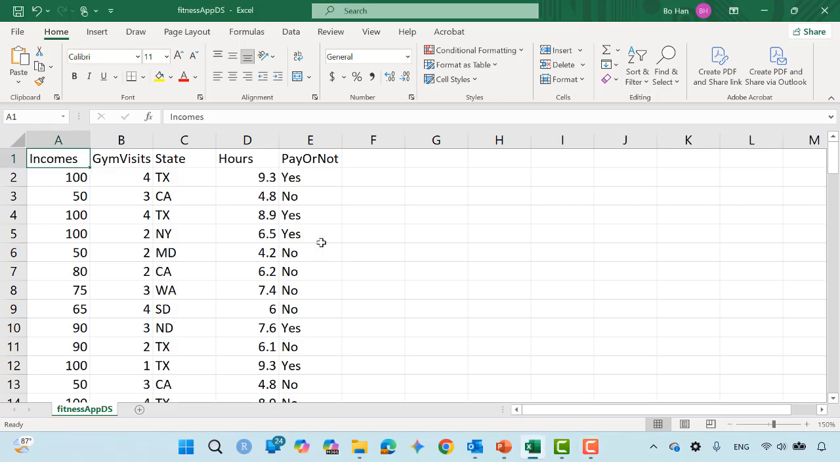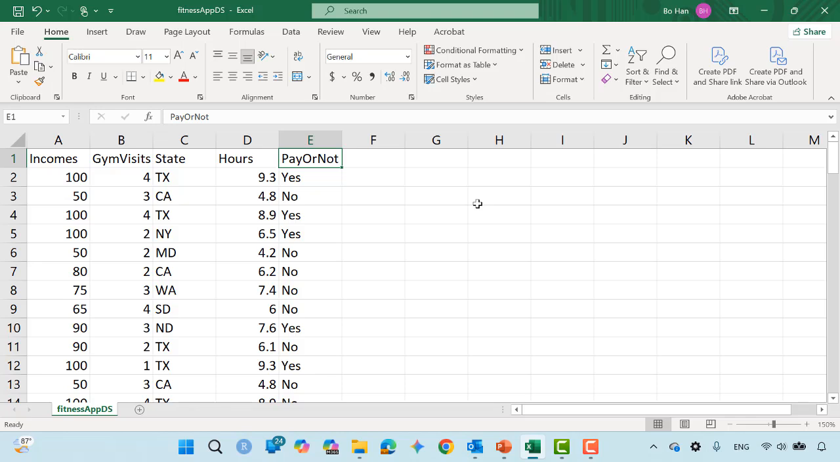I'm going to use a customer's income, how many times the customer visits gyms every week, which state the customer comes from, and the hours the customer spent in the mobile app, to predict how likely the customer is to pay for additional service provided by this mobile app. What is the probability for this customer to become a paying customer? This is the data set, and I'm going to use a decision tree model to predict the probability of a customer